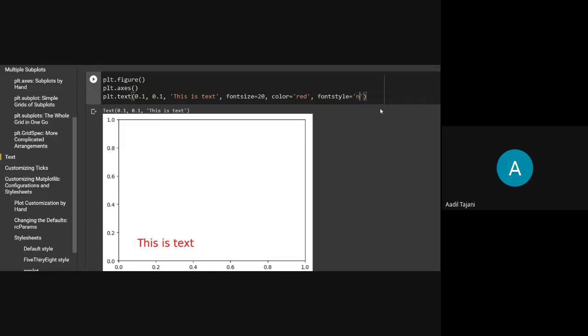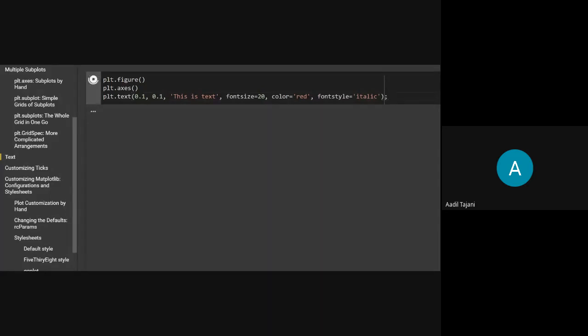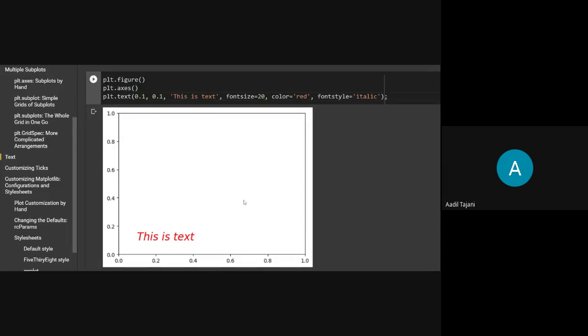Okay, if I change it to italic and run it, then it has changed the font style to italic, and by this you can mention the text. Also, one thing you can see here is that in the notebook, anything I run last shows me what I have run last. If I just mention a semicolon here and run it, then it won't show me that, and it will just show me the canvas.